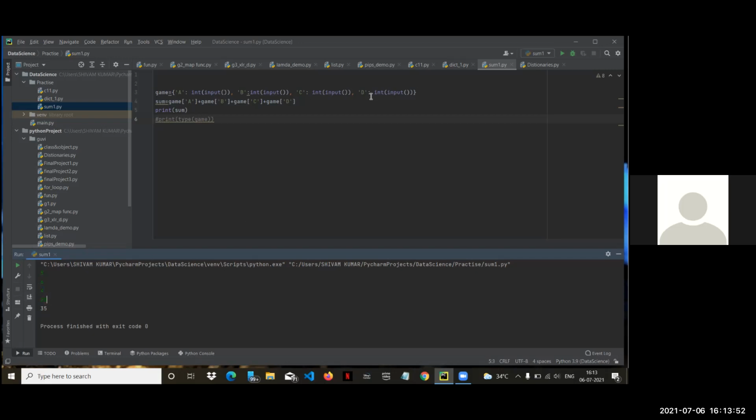Then this input is 20. I am simply adding all the values from the dictionary, like we called earlier in that program, game A plus game B plus game C plus game D, and just printing the sum. This one is not required.